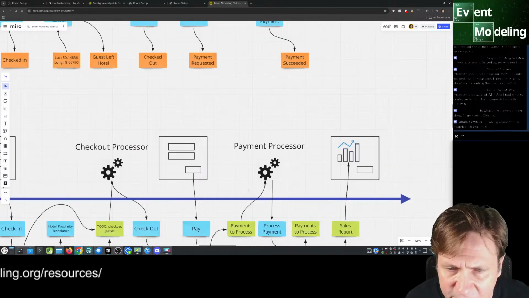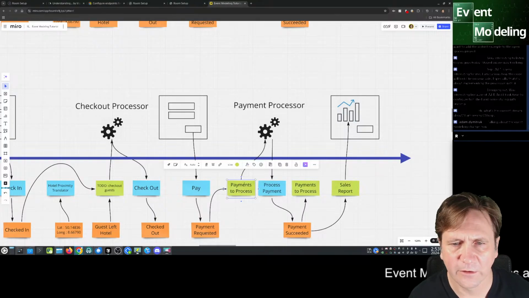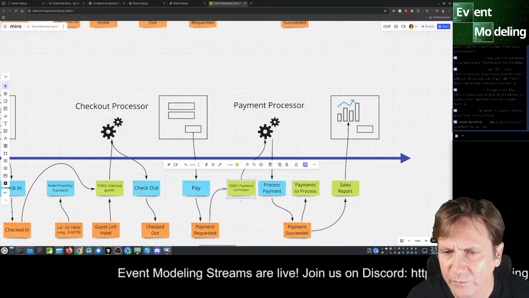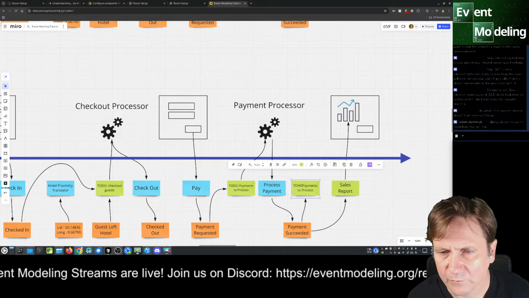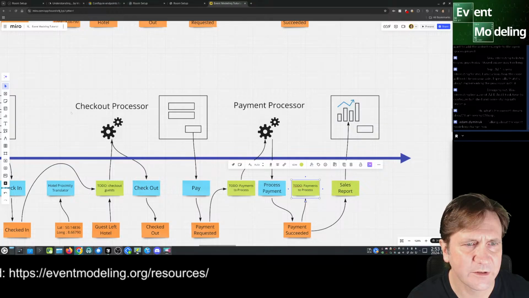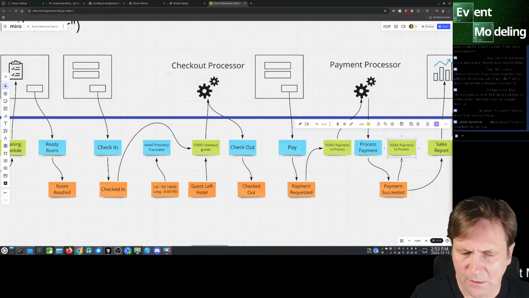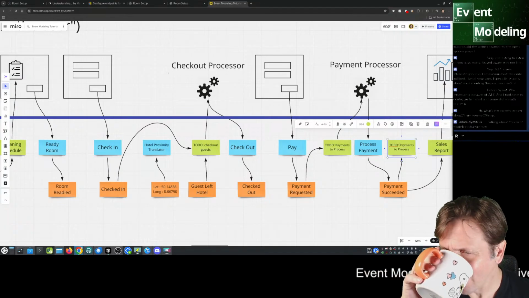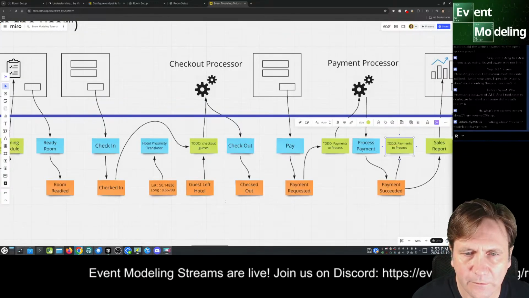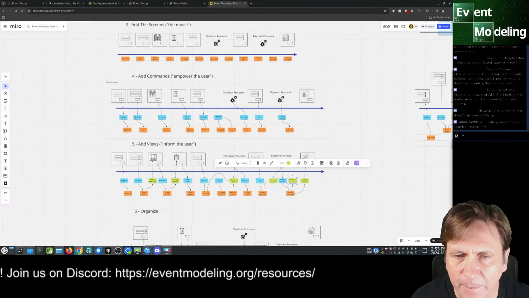Payment processor is still good. Payments to process, that's a to-do. Put the to-do on here. Yeah, this whole proximity hotel thing has to be redone.